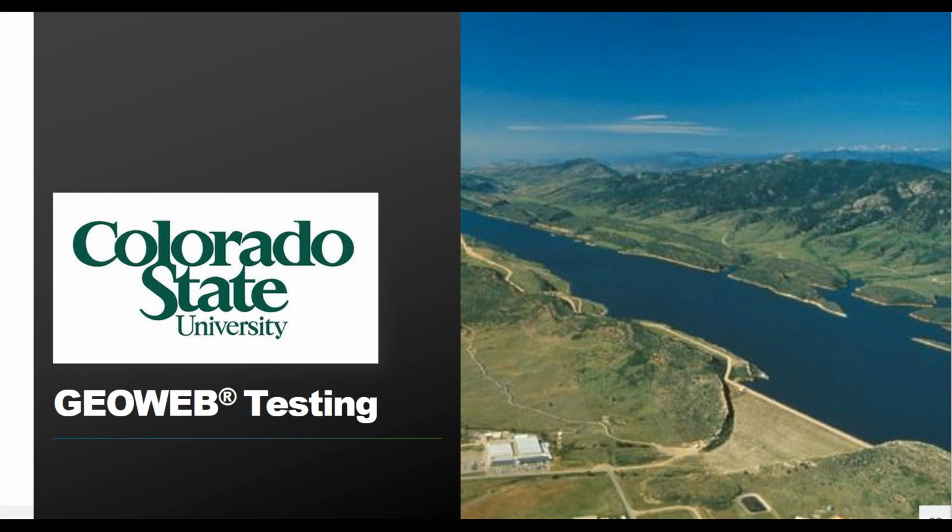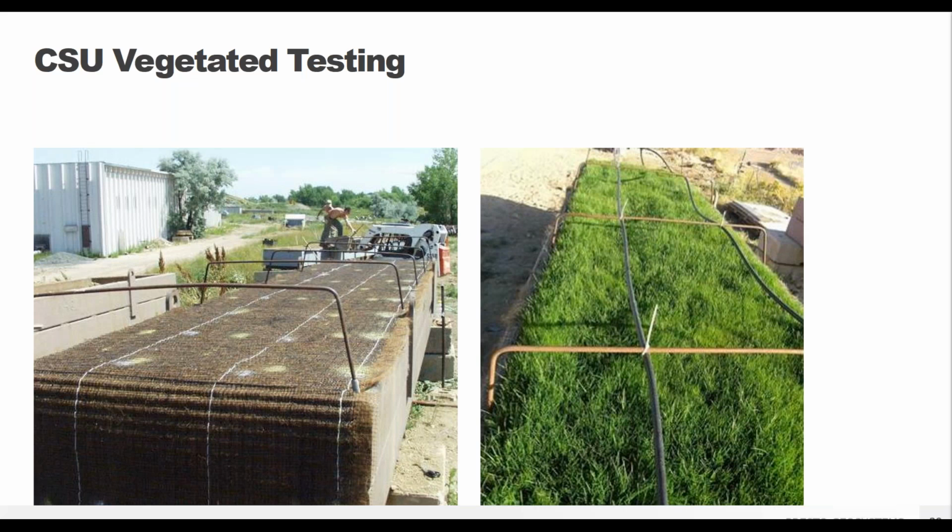And so we were able to work with both their indoor and outdoor testing flumes to do a huge number of tests with the GeoWeb system. First was with a vegetated system, and that was performed with two objectives in mind. The first was the ability to withstand high velocities and shear stresses, which are going to be the main components you're going to think about when withstanding water flow. And the second objective was to compare the performance of the topsoil-filled GeoWeb system versus something like riprap or other conventional solutions like an erosion control blanket.